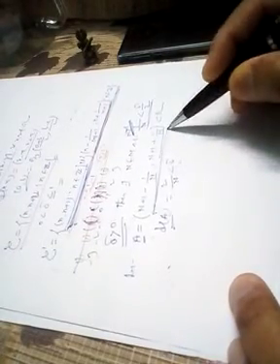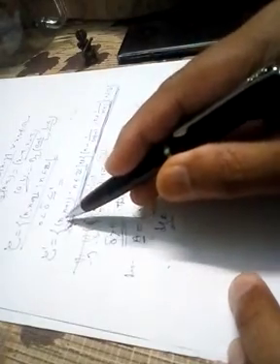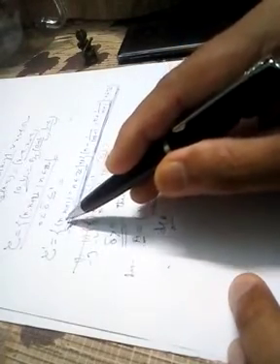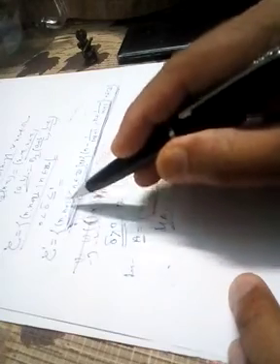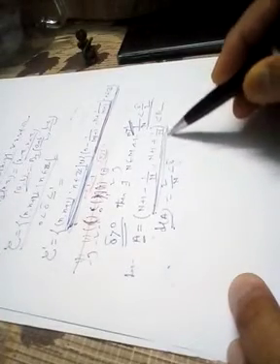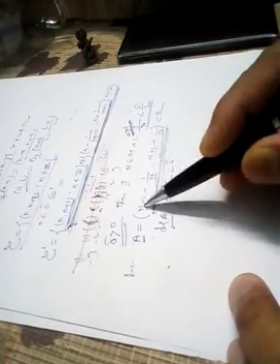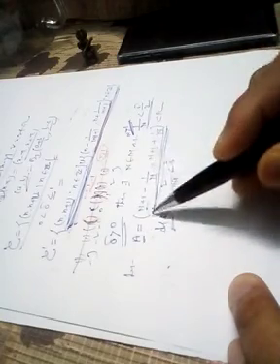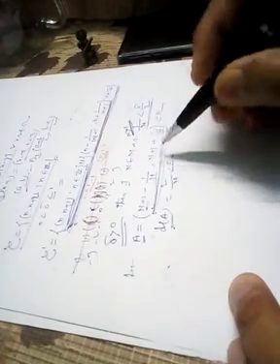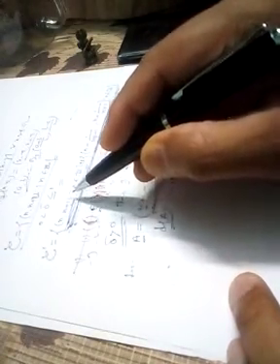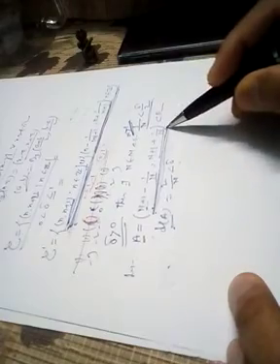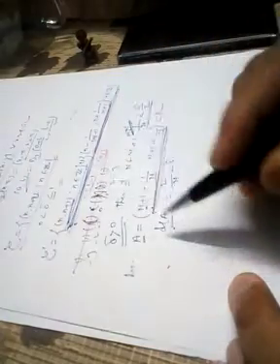Now A cannot be contained in a member like this, n to n plus 1, because n to n plus 1 does not contain any integer. 0, 1, 2, 3: there is no integer in between them. But A contains an integer, n plus 1, since it is n plus 1 minus something, n plus 1 plus something. So this contains an integer, but no member like n to n plus 1 contains an integer. So this A cannot be a member of this.